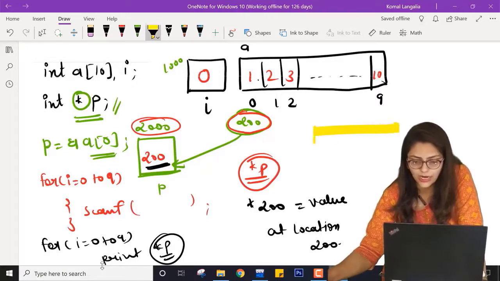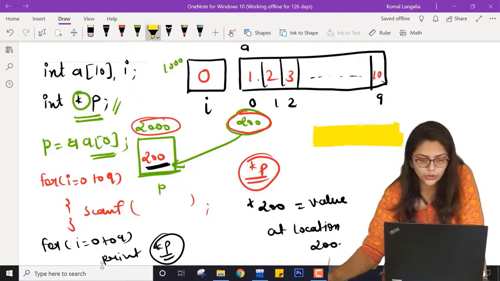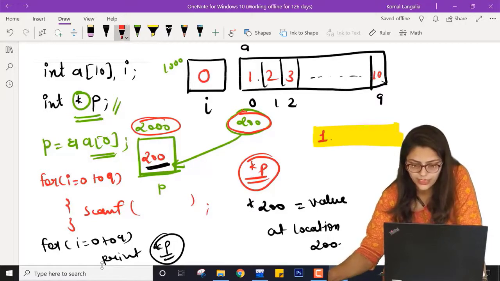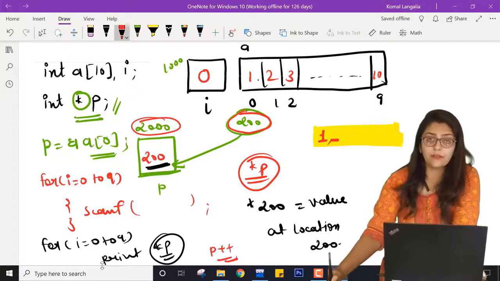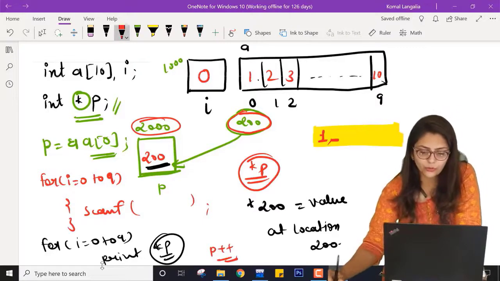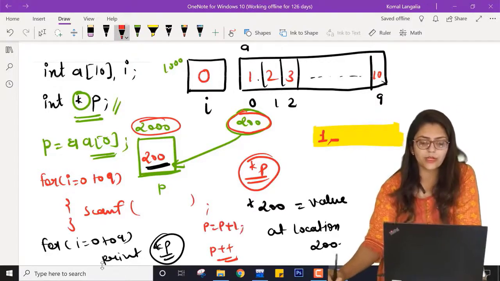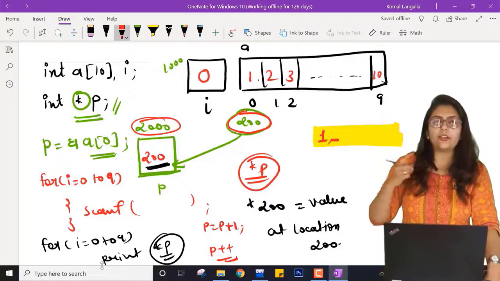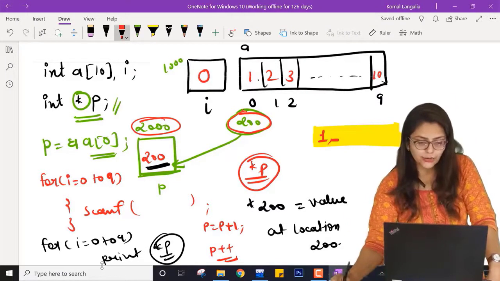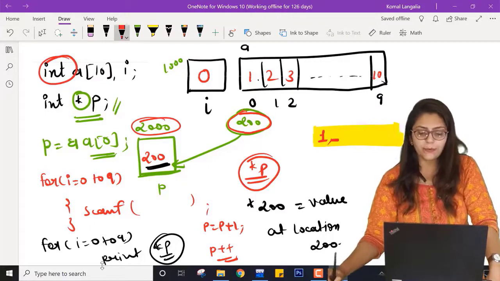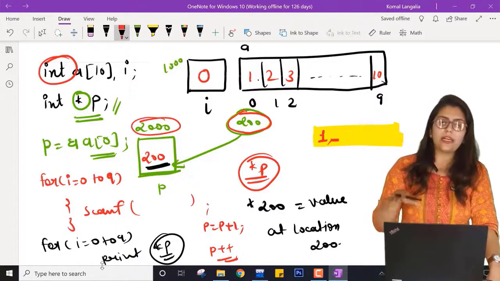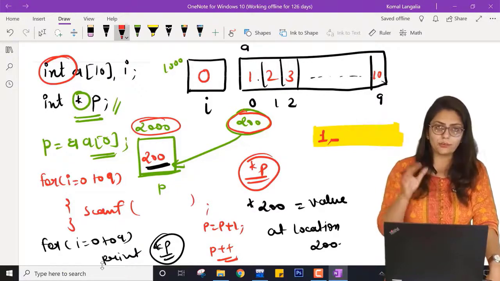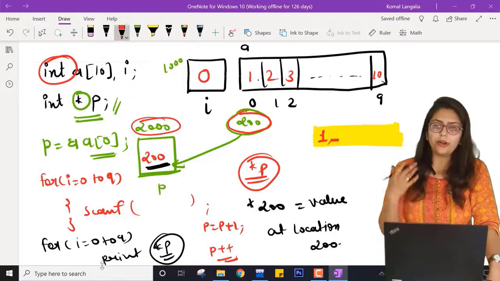So here I am writing an output. You can see the output over here. So it will print 1 on my screen, right? 1 and dash. Then I am doing p++. What exactly is this p++? I have explained the scale factor, in which I have told that whenever we are doing p equal to p plus 1, it will actually increment according to the scale. So as here we are using integers, it will actually do p plus 4, the size of an integer. We have already discussed this topic in the video on scaling factors. So please, if you have not gone through that video, go through it and understand the concept.